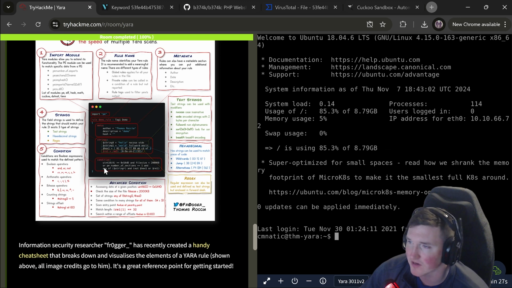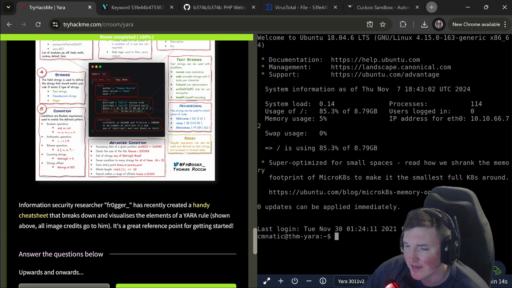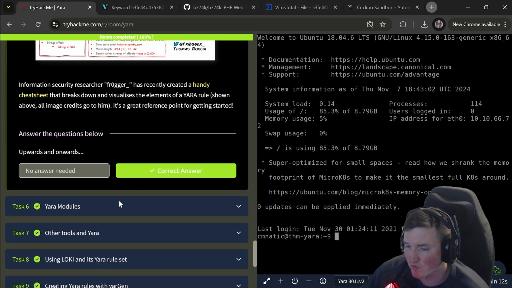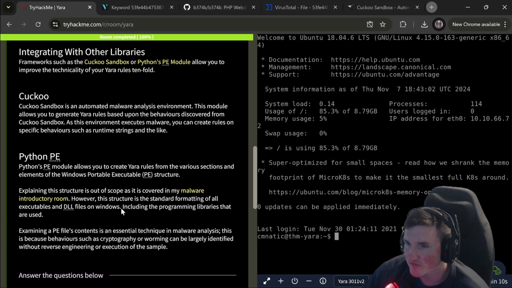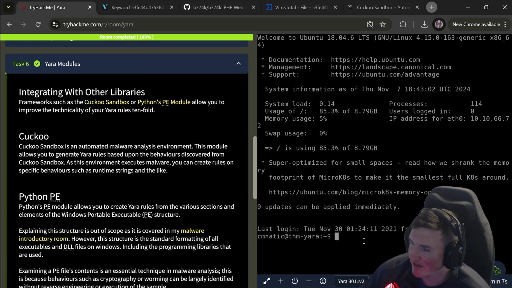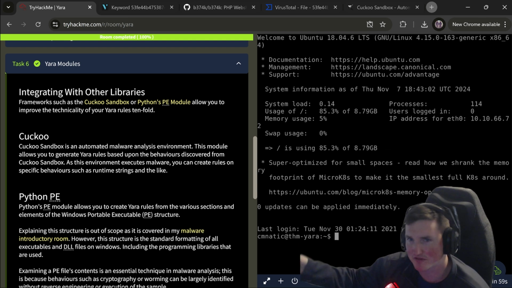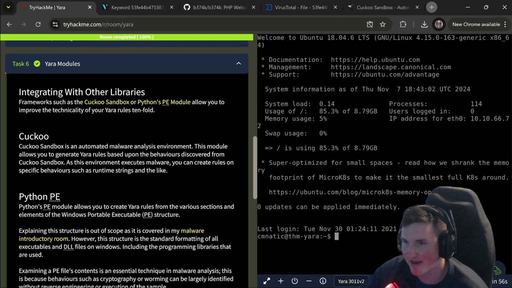You can make the condition all kinds of stuff. You can make it file size is less than 2,000 kilobytes, or any of the strings and not the hex. And they're just showing examples here. But this is a really good cheat sheet. It shows you all the different things that you can do. You can get very granular in these, and it's really, really nice. And by the way, I recommend going through and creating the Yara rules in here if you want and messing around with it. I'm not going to do it because you guys can do it. There's no point in me typing what you're looking at because they already have the examples there.